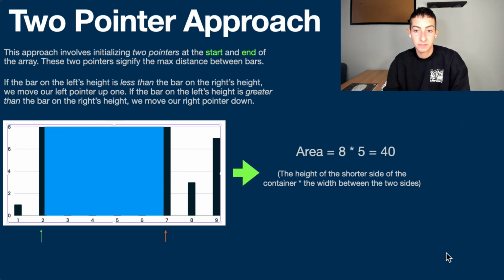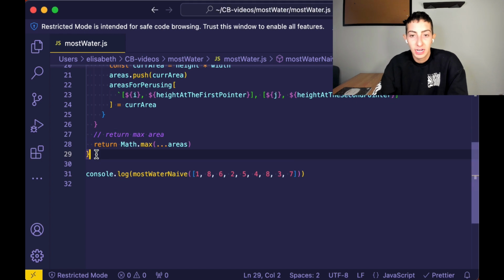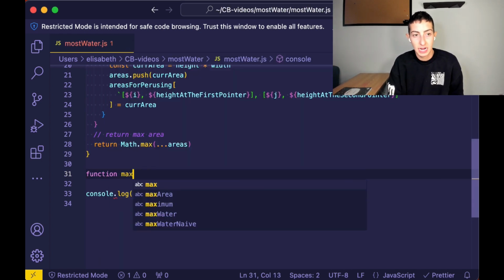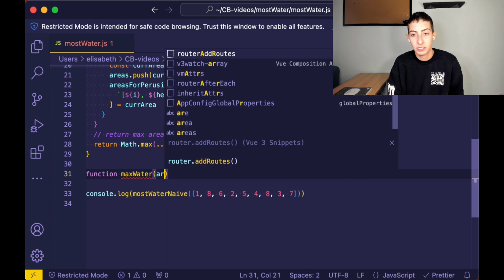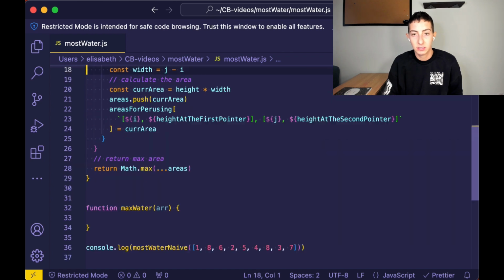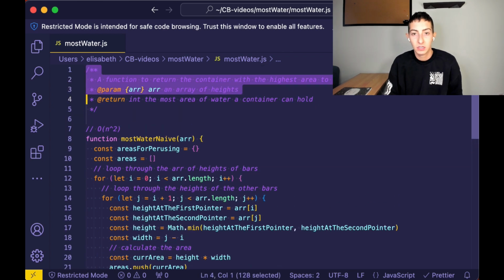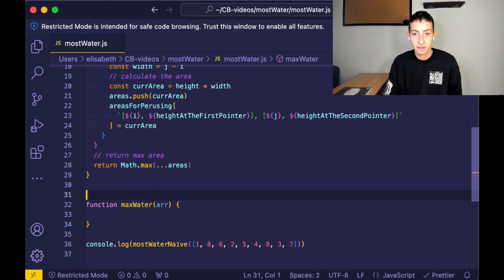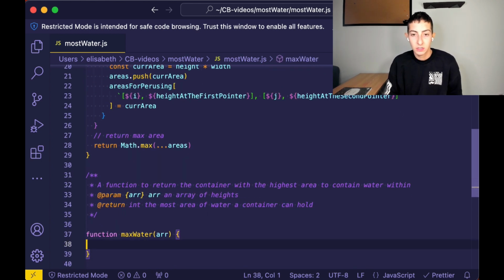So let's code this out. All right, so we are going to code out this optimal solution. Let's call this function maxWater. It's going to take our array of water, and honestly, we can just copy the code block from the comment block up here. Easy peasy. All right, so what do we have to do? We have to